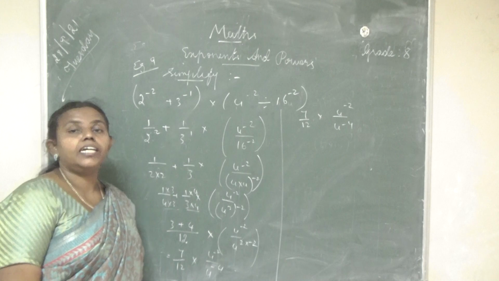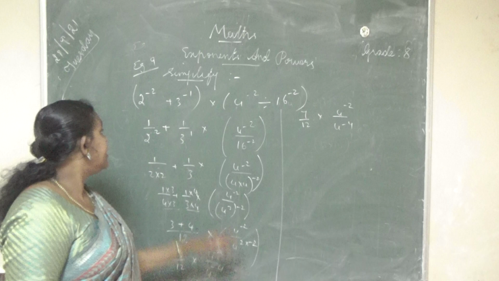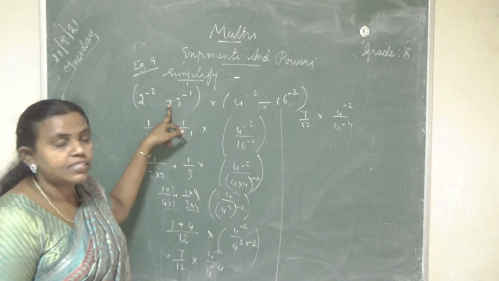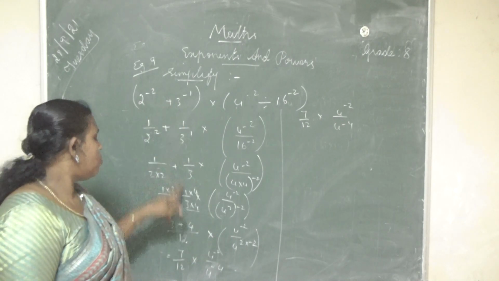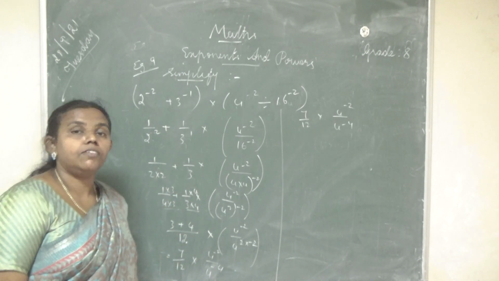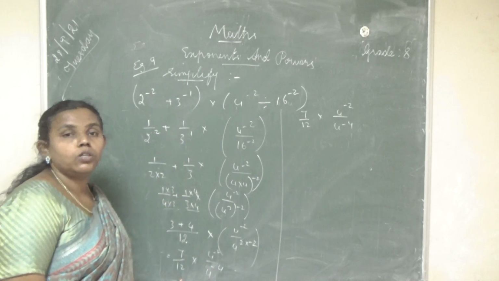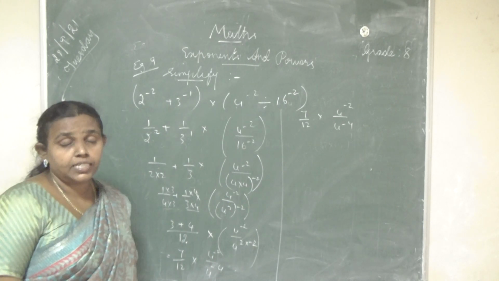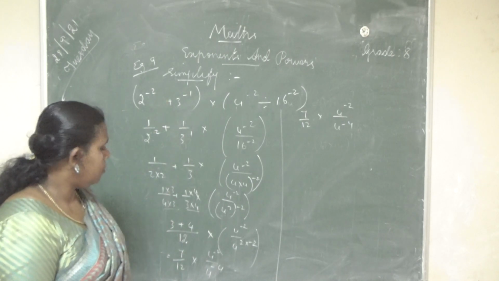Now you think, now we are learning only laws of exponents, no ma'am? Why did you go for this addition? See, the question is given. They will confuse you by giving different signs. So here into means you would have applied some other laws. Here it is plus, so you have to add. If you want to add, you have to go for this method only, what you have learned in the previous classes, not in the second lesson. In the second lesson we did not come through this type of addition. In the second lesson we are using only addition, subtraction, multiplication and division. But here we come through addition.